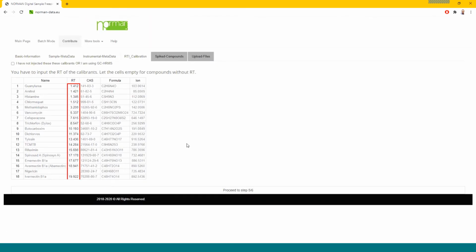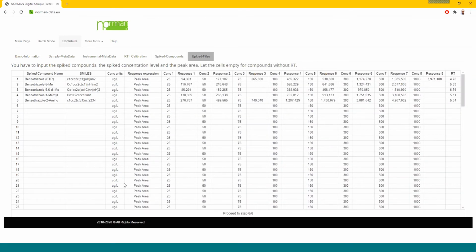The next tab is the retention time of the retention time index calibrant substances. This piece of information is also known, but remains editable. In the next step, we input the standard addition calibration curves that will enable DSFP to provide semi-quantitative results. This field is optional, and since it's not available right now, we will leave the table as it is.